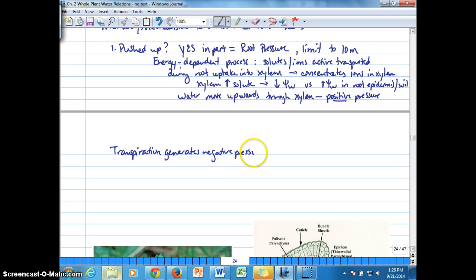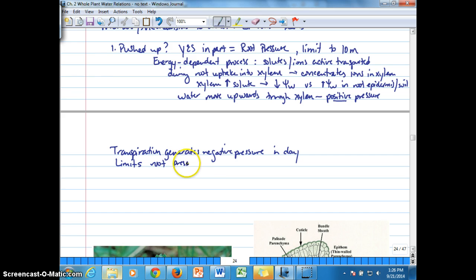And we have to keep in mind that this negative pressure from transpiration is more significant in the day. Once that negative pressure is greater in magnitude than the positive pressure pushing water up from the roots, then root pressure gets overtaken by transpiration and disappears. So root pressure is limited